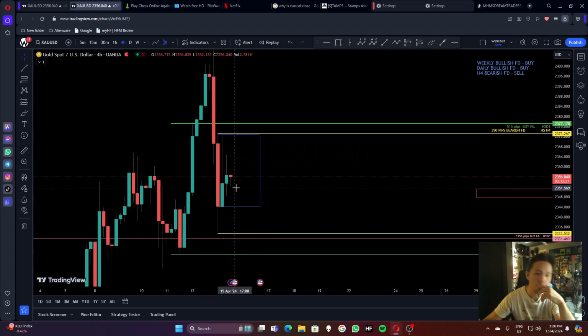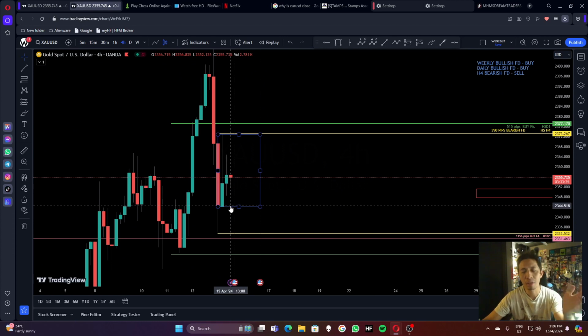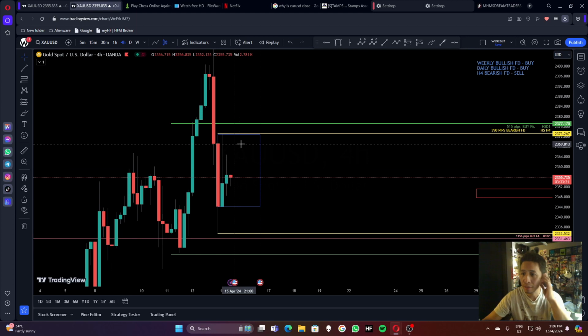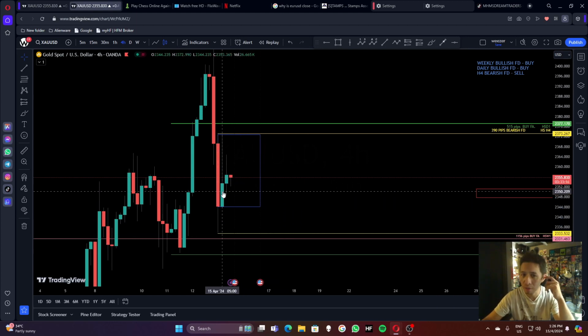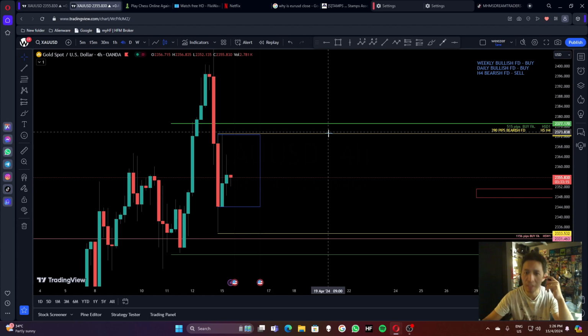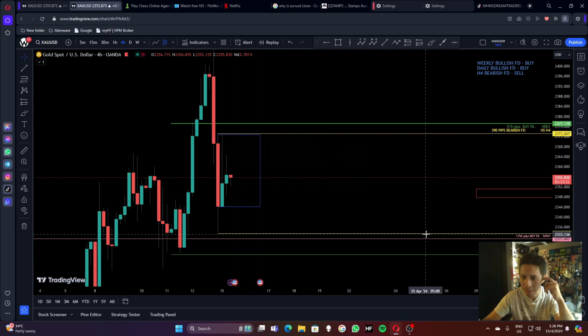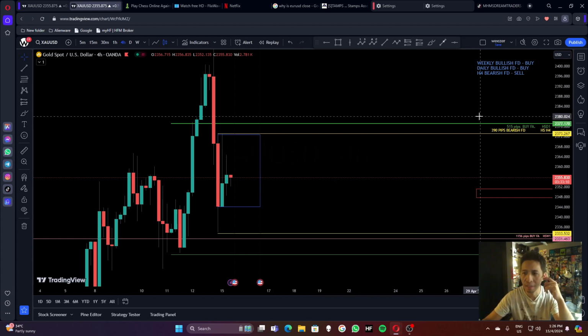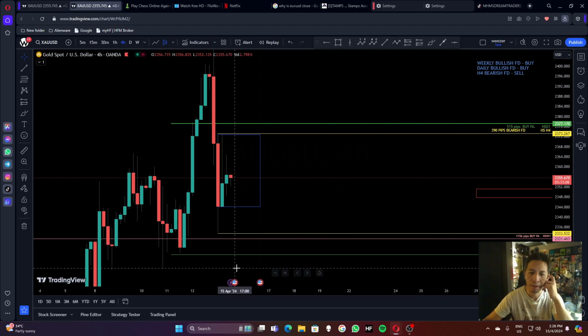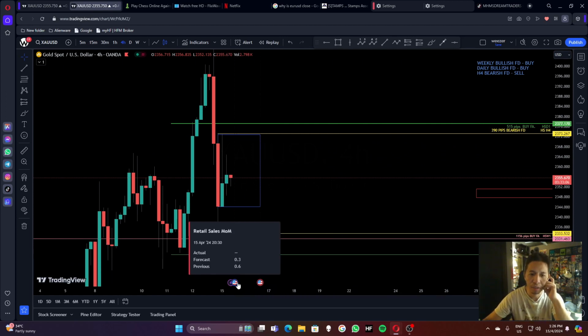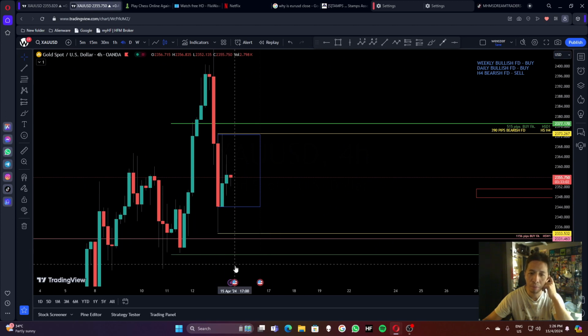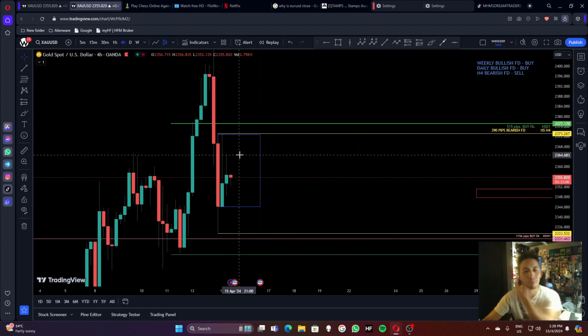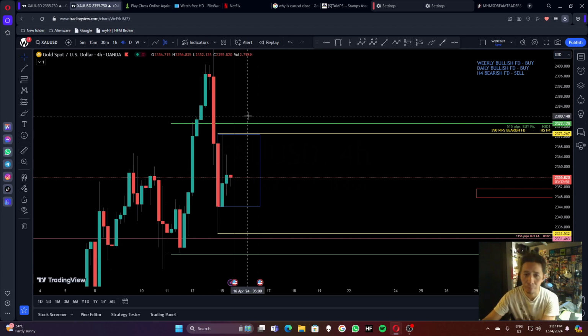Okay, you may be wondering, H4 time frame does not necessarily mean just the next 4 hours. In the next 8 hours, in the next 12 hours, price could still be ranging inside the yellow lines here, the range, until it makes a breakout. For example, you can see at the bottom here, there'll be some news released tonight at 8:30 p.m. Probably there'll be a spike in the movement of the price,